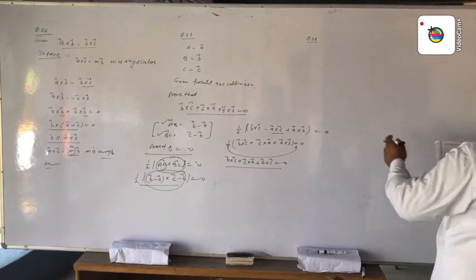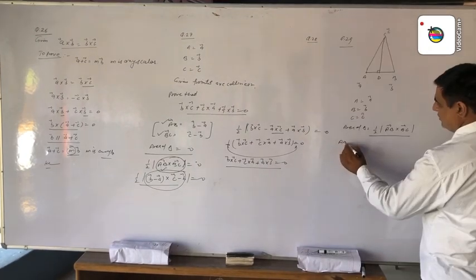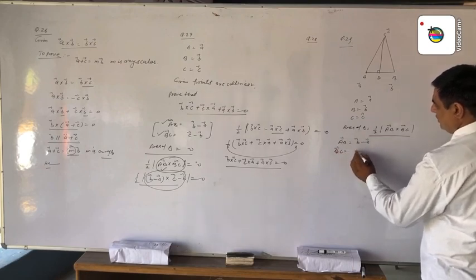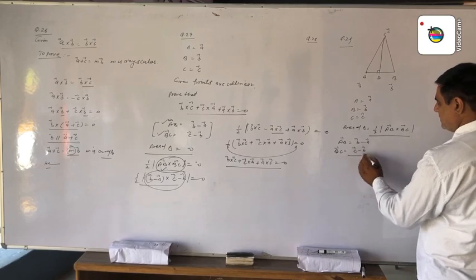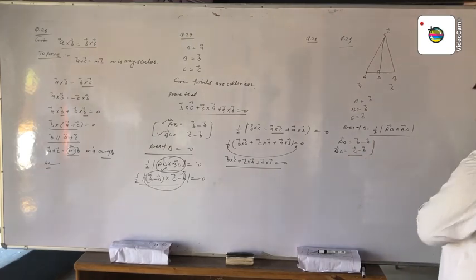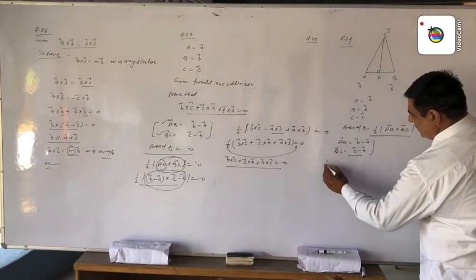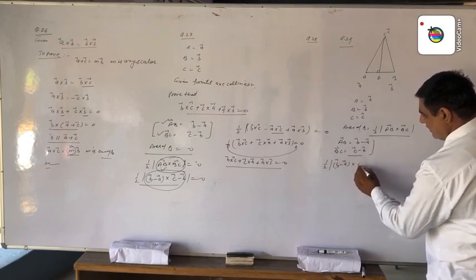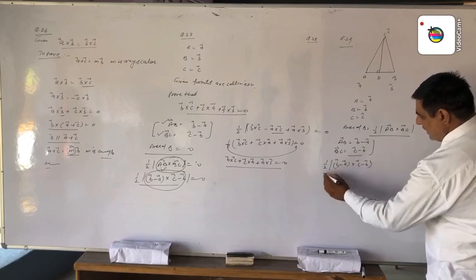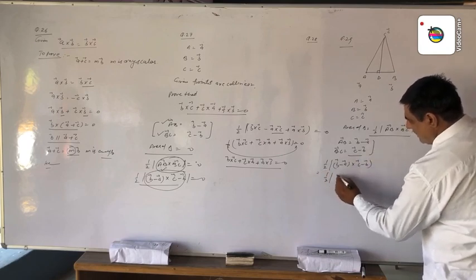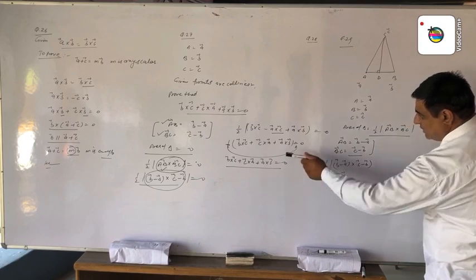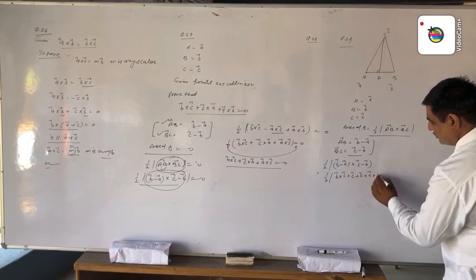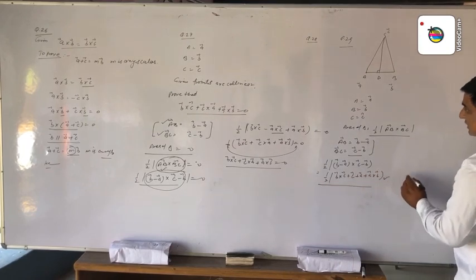In the last question from this exercise, AB is equal to vector B minus vector A, and BC is equal to vector C minus vector B. This is the result for vectors AB and BC. Now 1/2 of vector B minus vector A cross vector C minus vector B. Now we solve this 1/2. This multiply vector B cross vector C. This is the result, and the same to this is plus vector A cross vector B. This is your result.